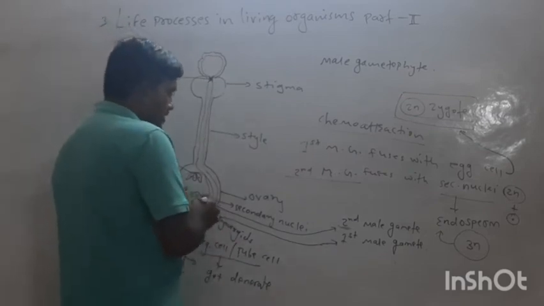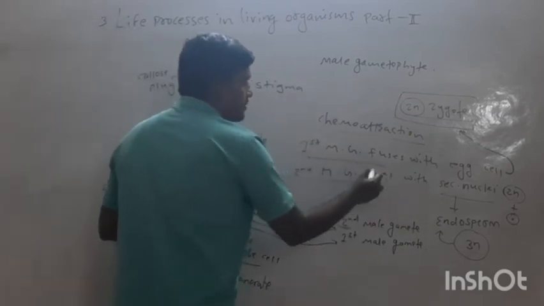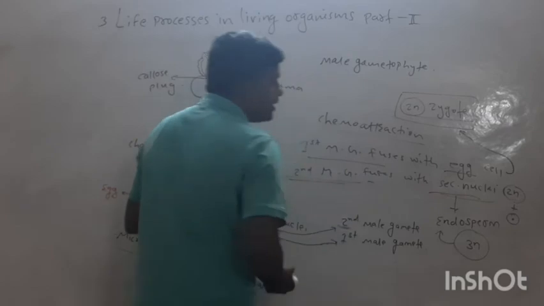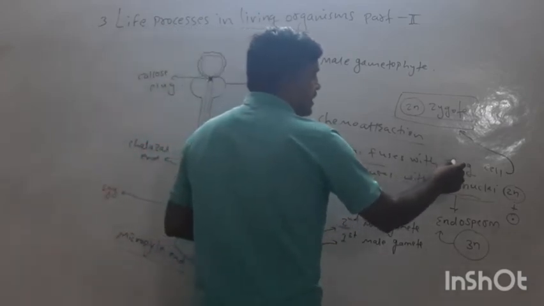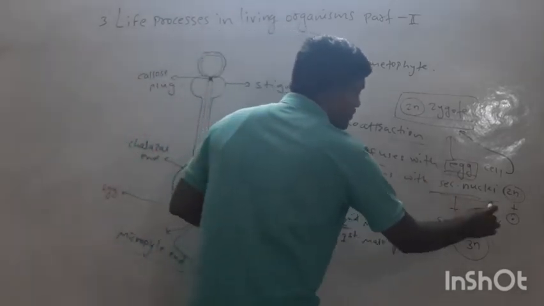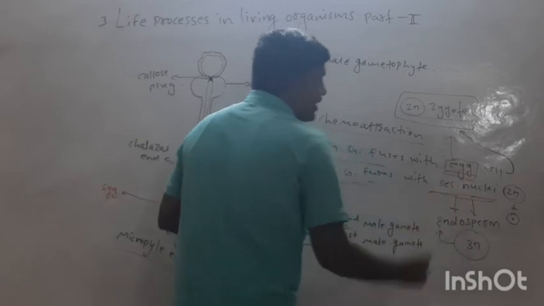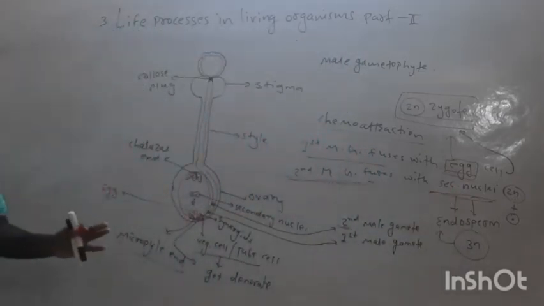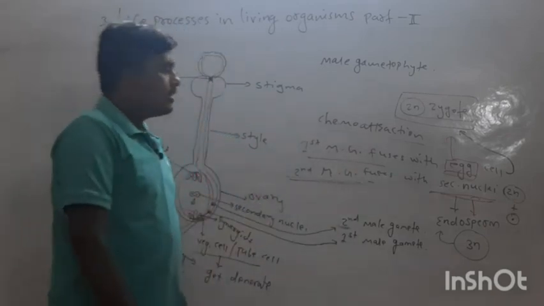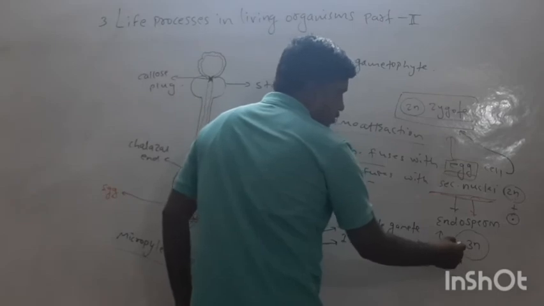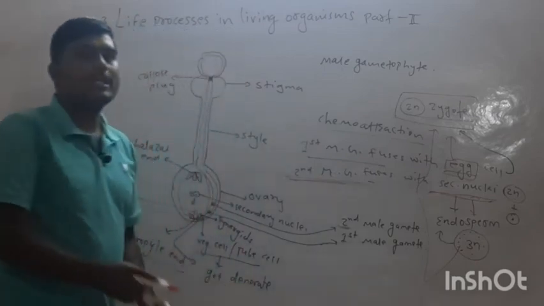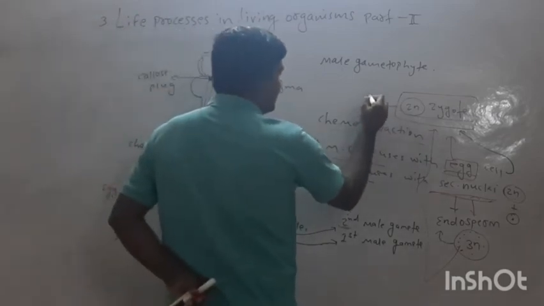What happened with this zygote after the fertilization? There are two fertilizations here: first male gamete with the egg cell, and second male gamete with the secondary nuclei. First male gamete after fusing with the egg cell forms zygote, and second male gamete after fusing with secondary nuclei forms triploid endosperm. Endosperm stores the food material in the form of starch, and this starch-containing endosperm provides nutrients to the growing zygote, and this zygote mitotically